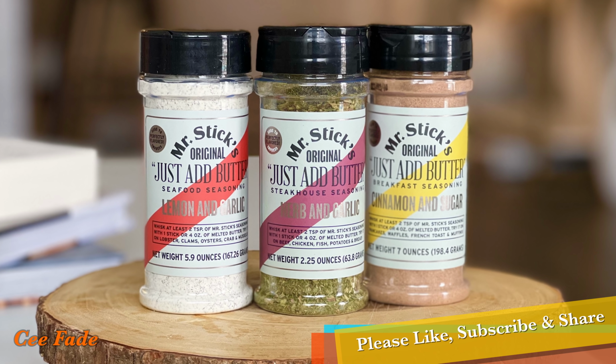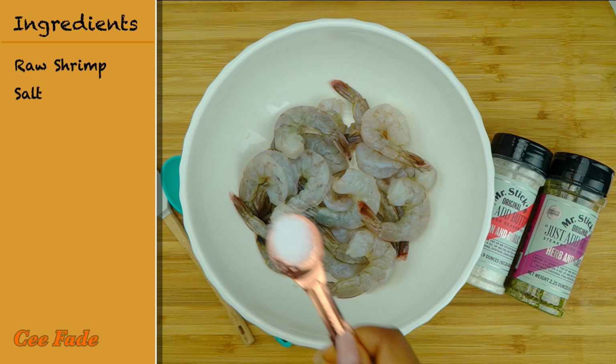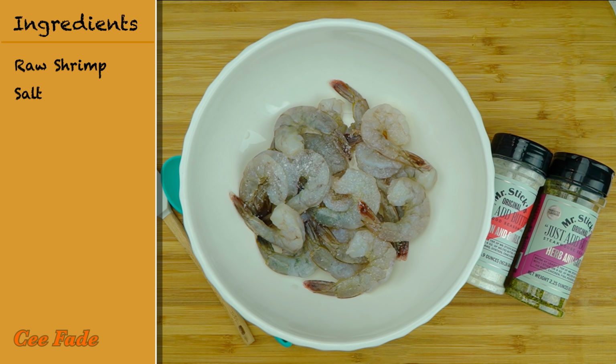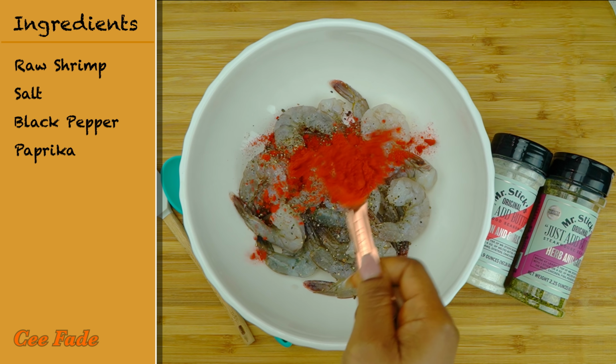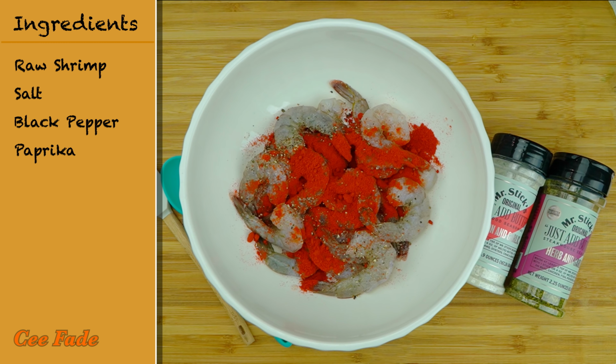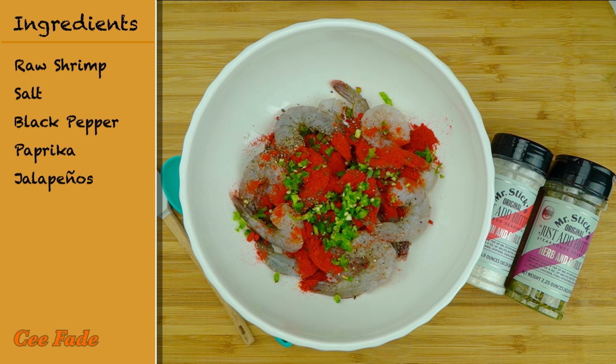Okay, so let's get right to it. So to make this recipe, you need to have your shrimp cleaned, deveined, and peeled, of course. And to my shrimp, I am going to be adding some salt, some freshly cracked black pepper, some paprika because I love the color that it gives my shrimp and I just like the little spicy kick that it gives it. And of course, because I love to live on the spicy side of life, I'm adding some minced jalapeños,